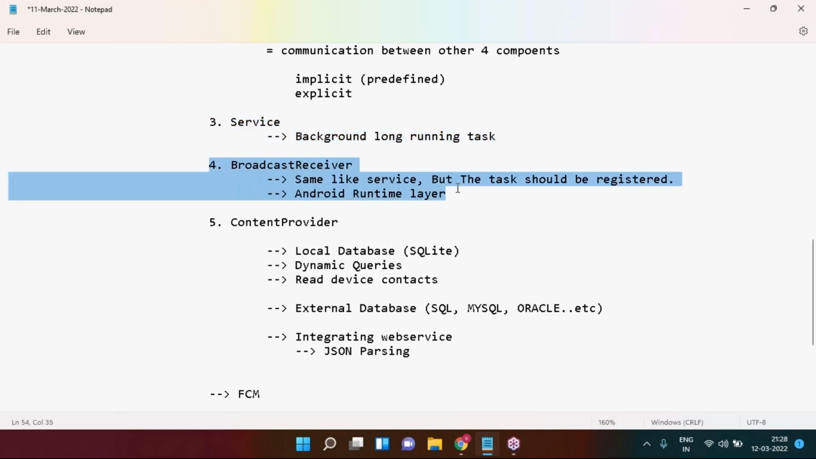Next, broadcast receiver is there. A broadcast receiver is also similar to our service, which is a background task, but the task should be registered. For example, an alarm. Tomorrow morning at 5 a.m. I would like to wake up, so right now I will set an alarm. Setting an alarm now means you are registering a task. The task is going to be executed by the Android runtime layer, which is